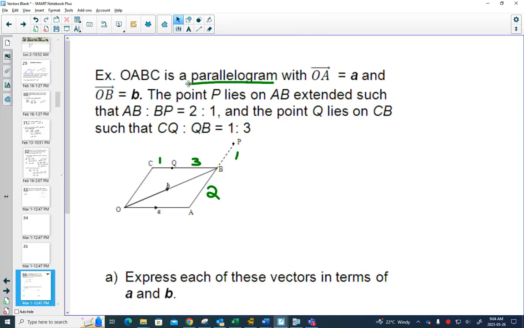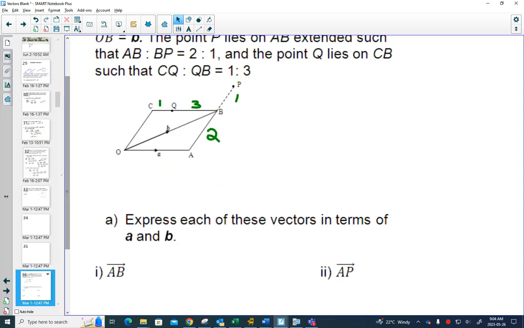So with that in mind, we've only got those two directions, A and B. Can we get anywhere on this diagram? Can we get from A to B? Obviously. I would go backwards to the origin by going minus A, and then I would add B. Now, if I wanted to go from A to P,